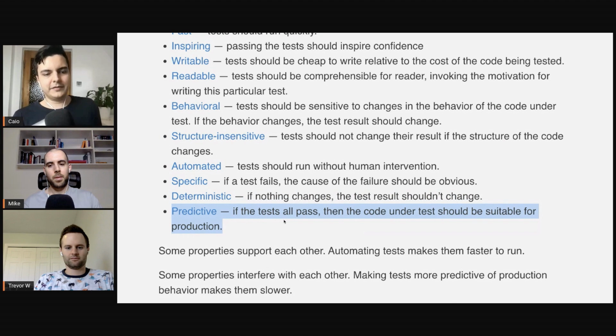There you go. Predictive, the last one. If all the tests pass, you should be happy to ship the code to production. Exactly. If you run Command U and all the tests pass, you send it to the App Store automatically. No ceremonies. We also show that in the program to set up the whole pipeline for continuous deployment